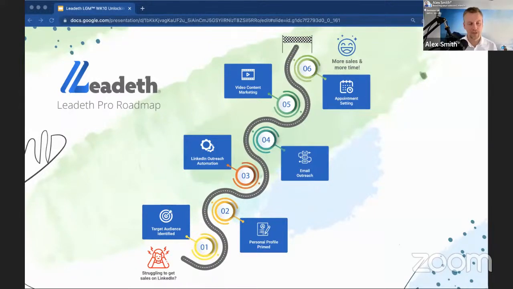We move up that road to LinkedIn outreach automation, and that's where we use lots of different touch points on LinkedIn. It's an omni-channel approach where we're doing profile views, likes, post likes, and then we're doing a sequence of automated messages that are really going to engage with your target market. The natural follow-on step from that process is step 4, which is email outreach. That's where we integrate your email account to all this fancy LinkedIn tool, and then we send a sequence of follow-up emails on the back of those new LinkedIn connections, and they really help to move people further down that sales funnel.